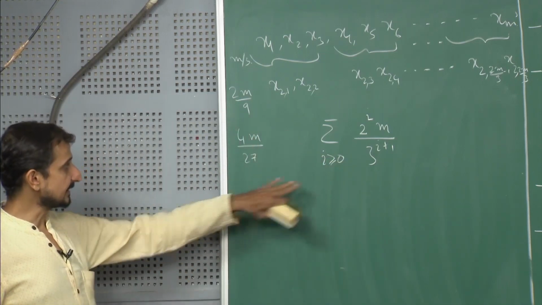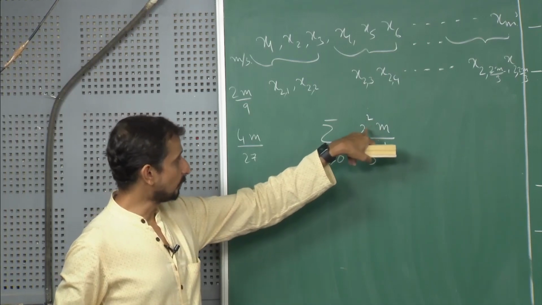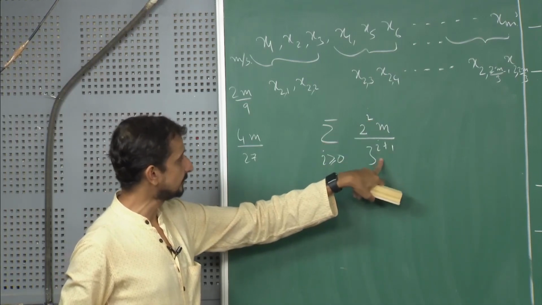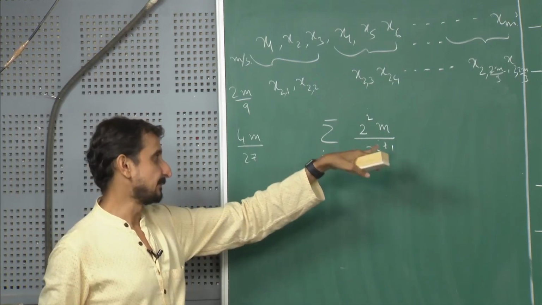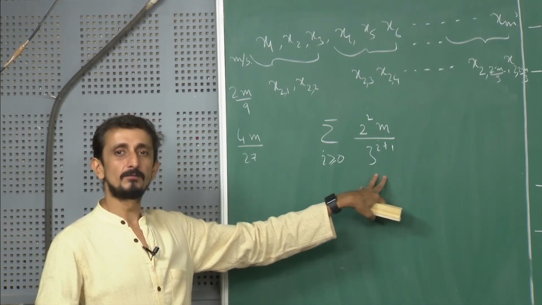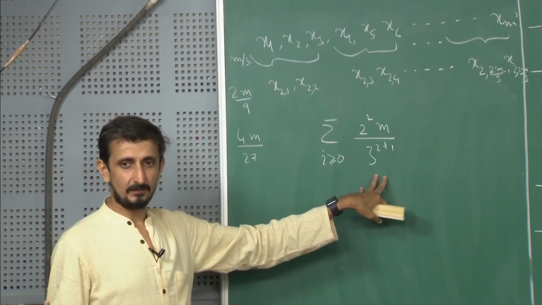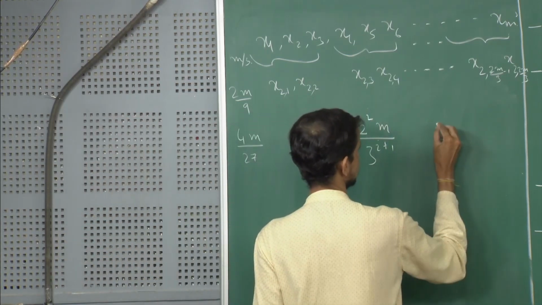Okay. This is actually the total number of additions, and if you solve this, what you get is sigma 2 to the power i over 3 to the power i plus 1. This is actually a convergent series. In fact, 2 to the power i plus 1 divided by 3 to the power i plus 1 itself converges to 3, right. So, this is actually even smaller than that. So, essentially this is